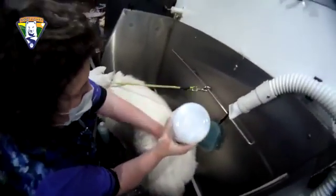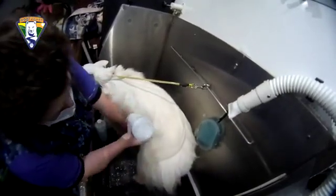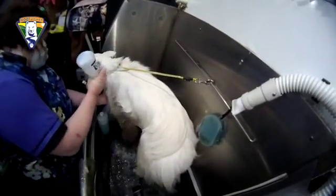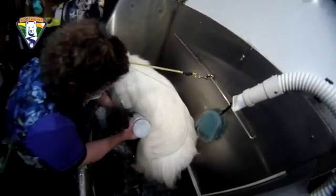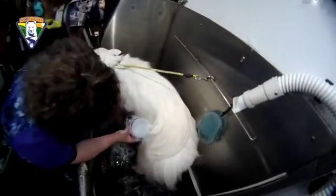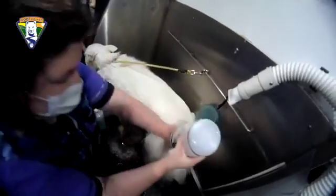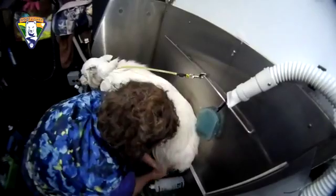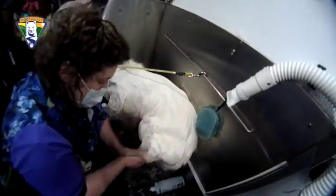And we talked about this before. She puts the shampoo on dry because it's a waste of water to try to wet them down and then put the shampoo on. Remember, huskies have what they consider a waterproof coat. It's really hard to get them wet. And when you're in a grooming van, you don't want to waste water. It's also a waste of product when they're not all the way wet. You think you've got them wet, and then you go to put the shampoo